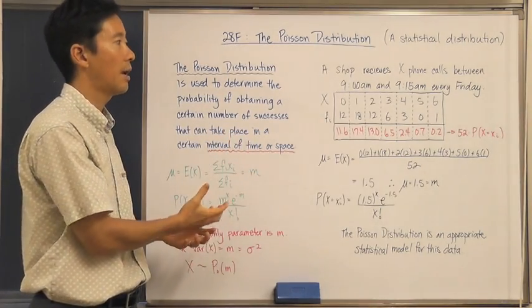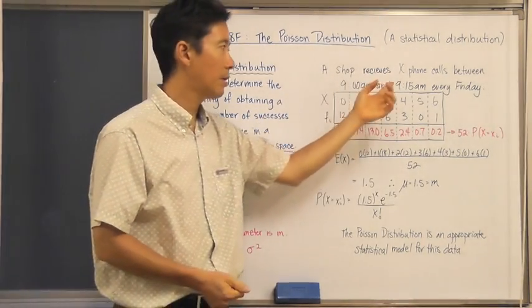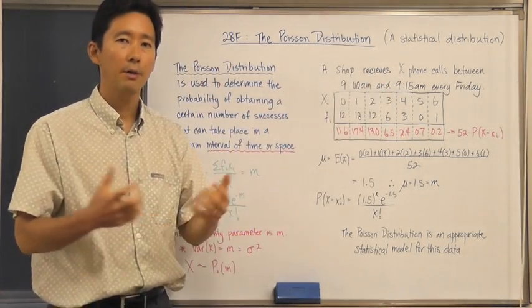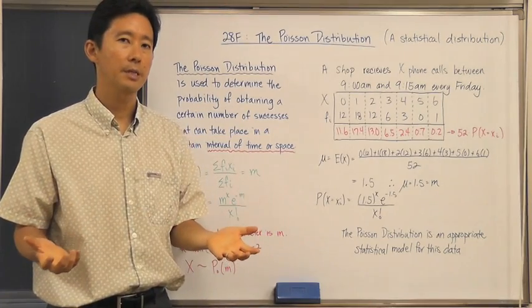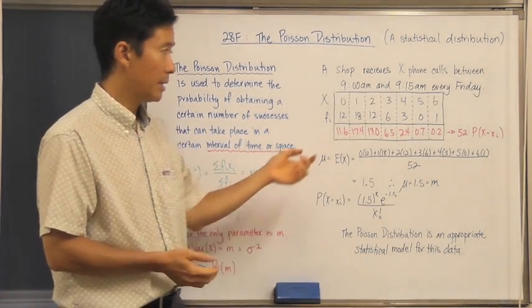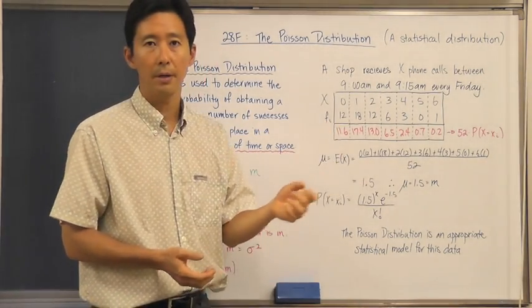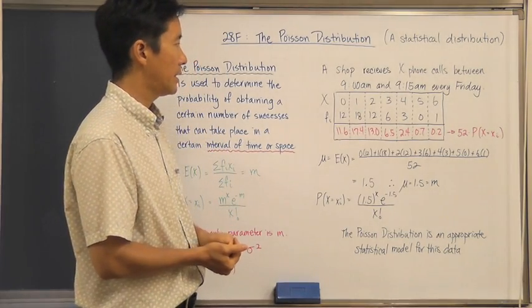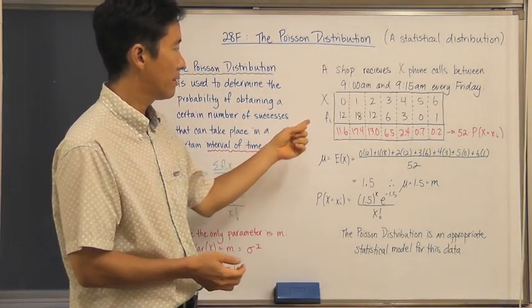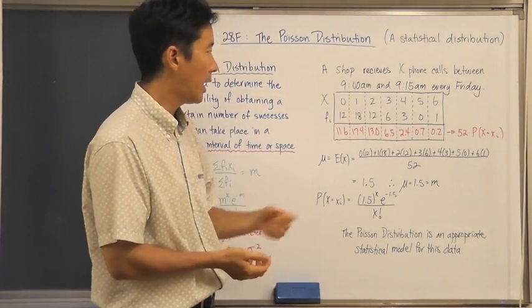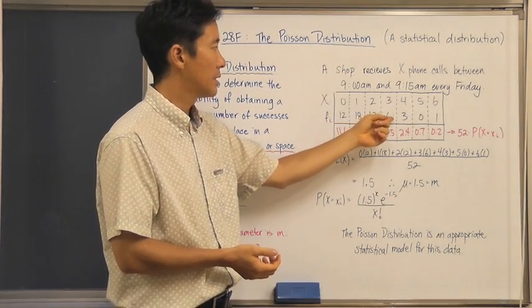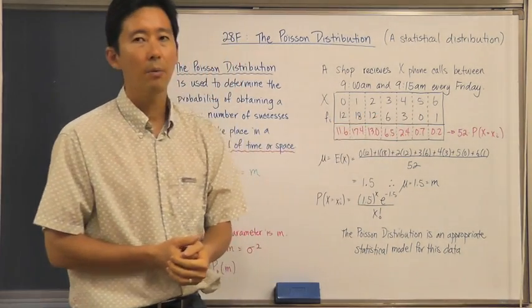In this case, it's time. So between 9 a.m. and 9:15 on Fridays, how many phone calls does this particular shop receive? Now, how many Fridays are we talking about here? Well, in order to determine that, we need to determine the frequency. And if we add up 12, 18, 12, 6, 3, 0, and 1, we come up with